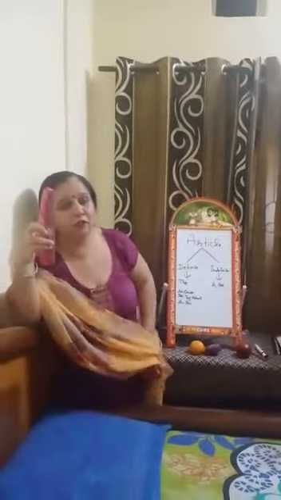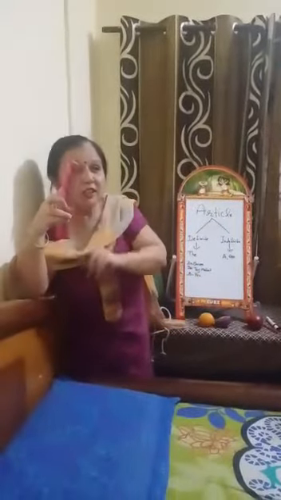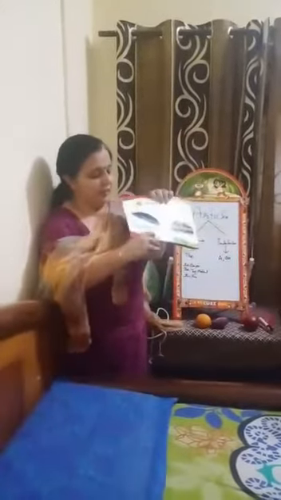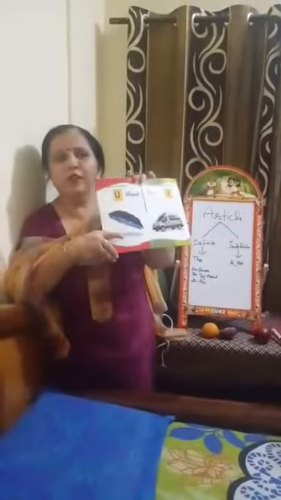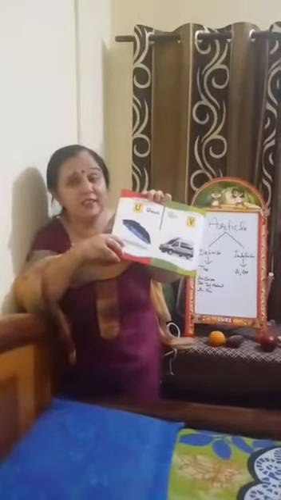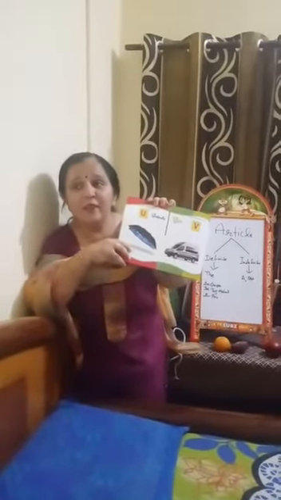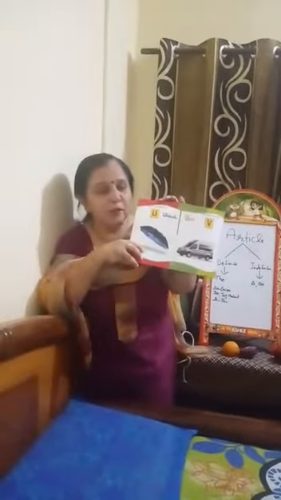Next thing is that, oh, I want to comb my hair. I think it's not properly combed. So, before comb, what should we use? A, because it's a consonant sound. And the next thing is, just look at this picture. What is this? This is an umbrella. U for umbrella. We generally ask nursery or pre-nursery students, beta, what is this? This is dash umbrella. So before umbrella we should use an.